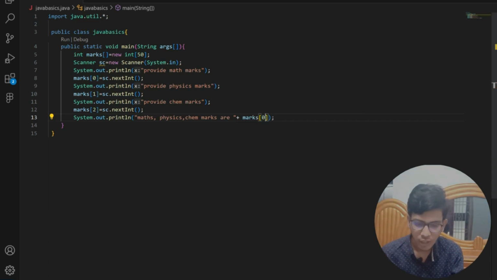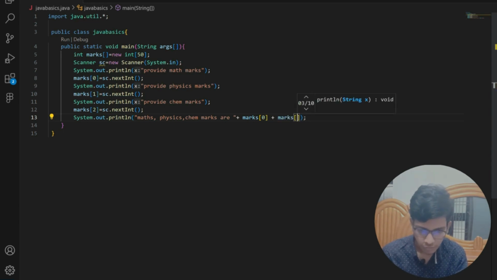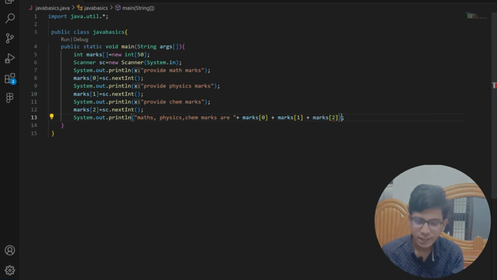Index will access your element. After that plus marks of 1, plus marks of 2. This is how we will print the marks or the element of our array to the user,